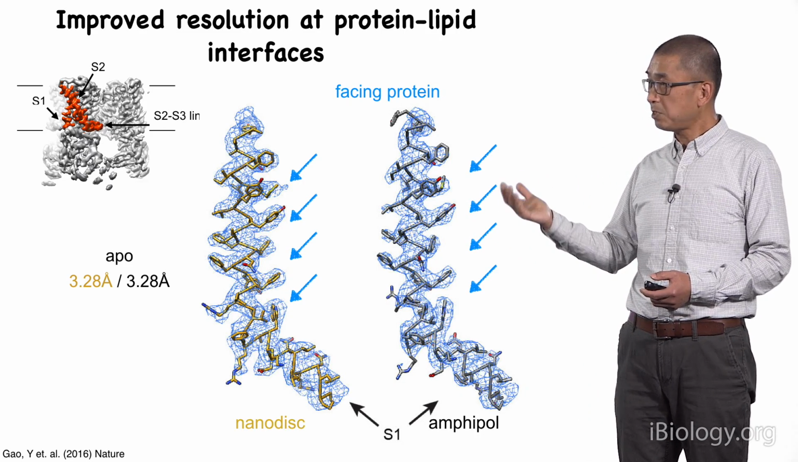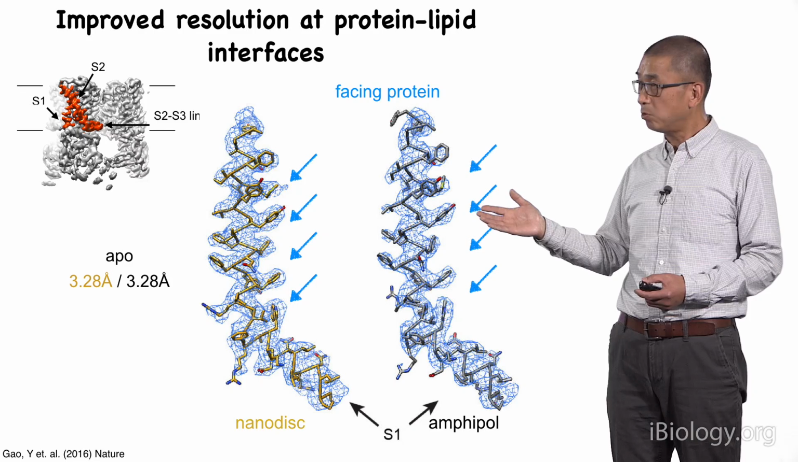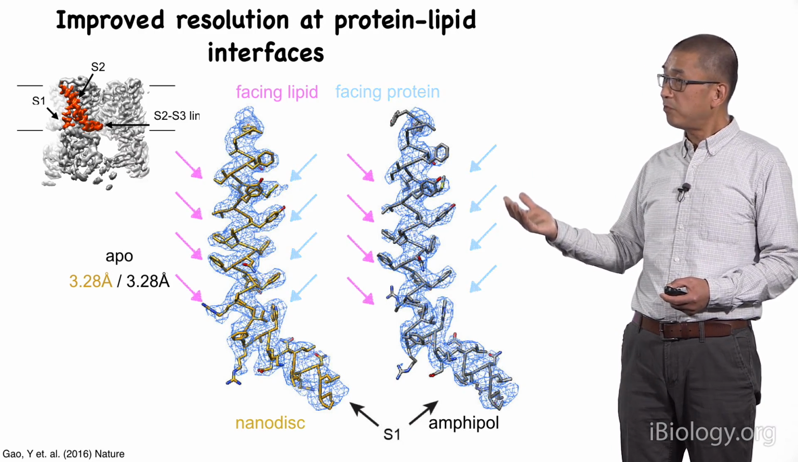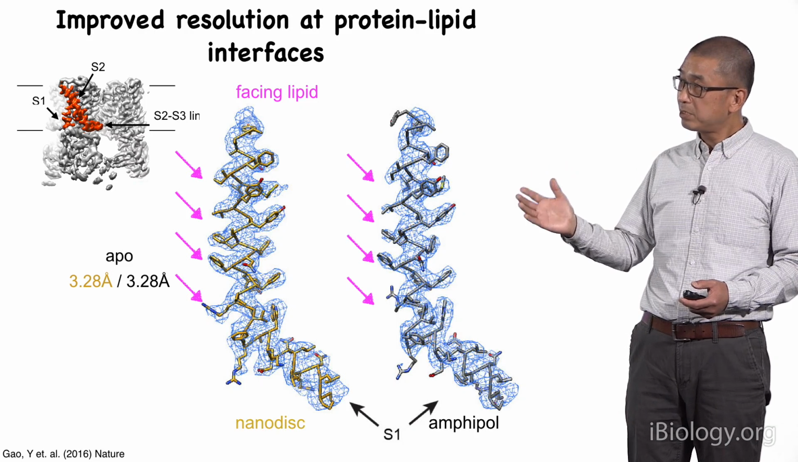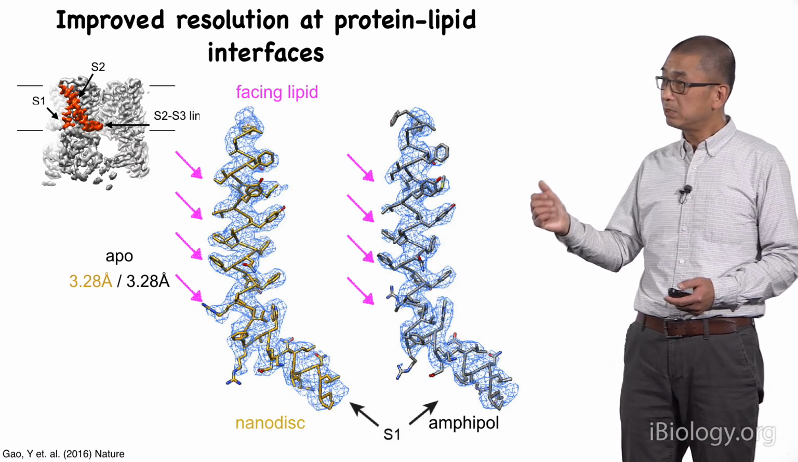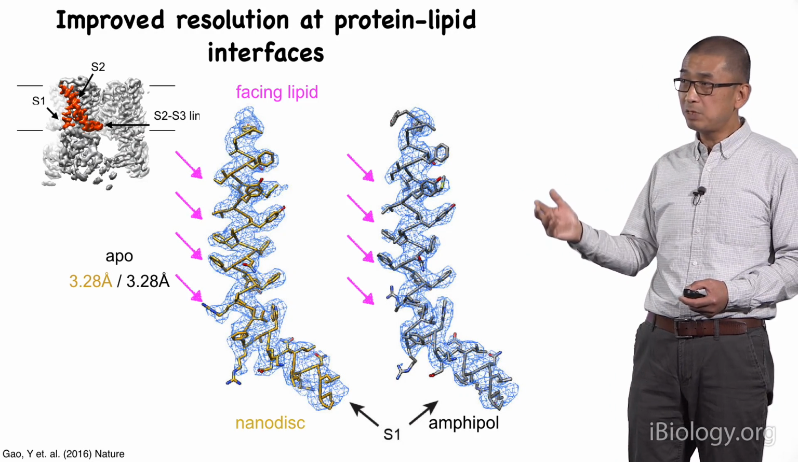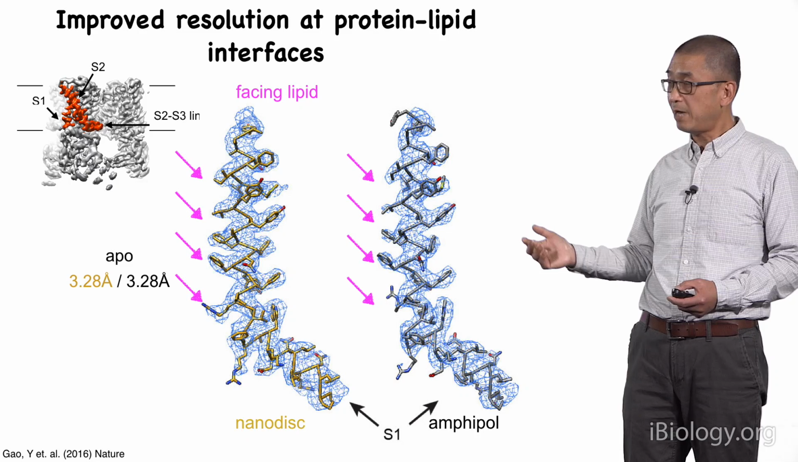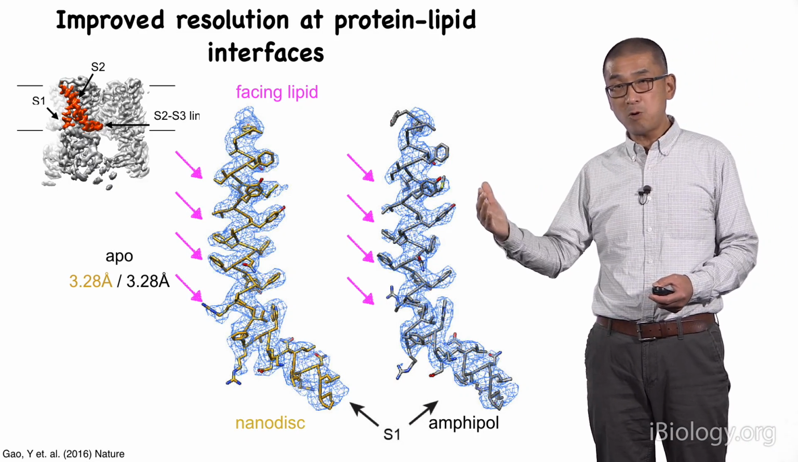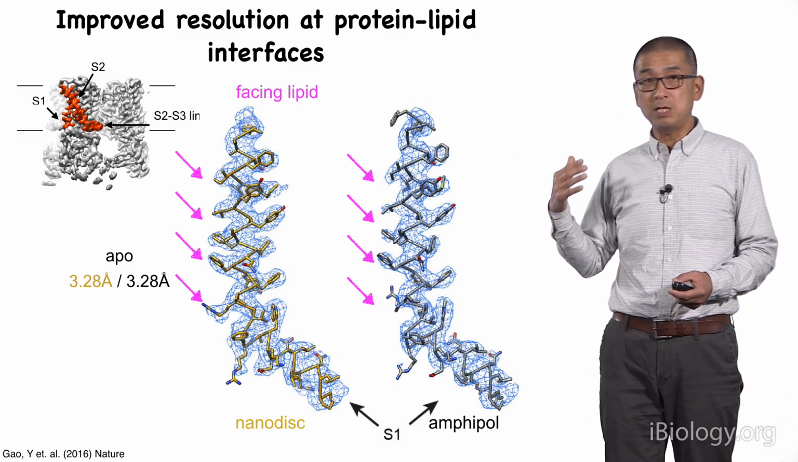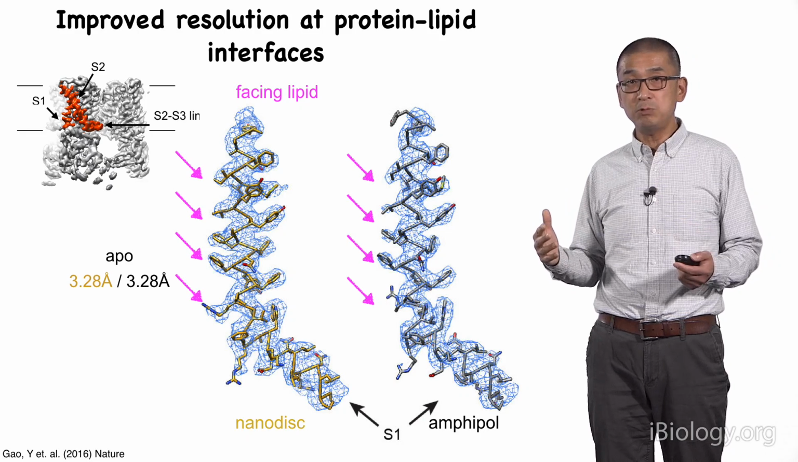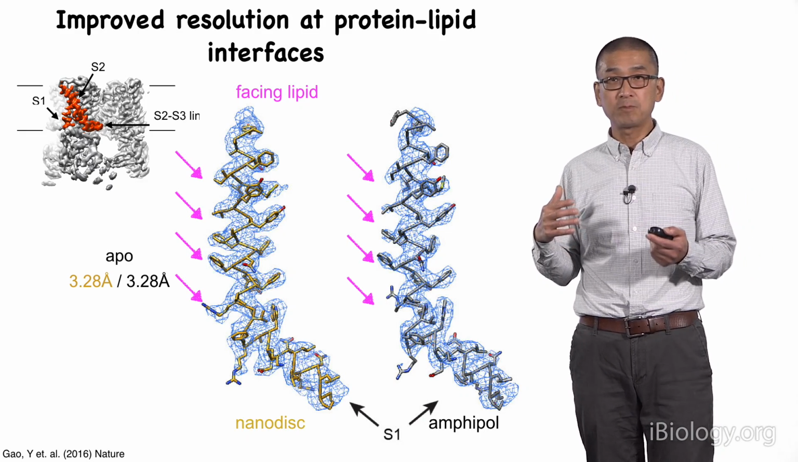Even the side chain can be positioned in an almost identical way, suggesting that there is no change in the structure there. However, if we look at the side chain facing the lipid pore, we can see that in the nanodisc case, this side chain density is significantly better resolved than the one in the amphipole, suggesting that even for the membrane protein facing the lipid pore, when the protein is in the lipid nanodisc, this is still providing a better environment for